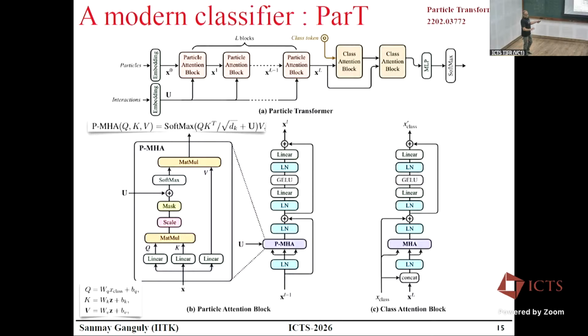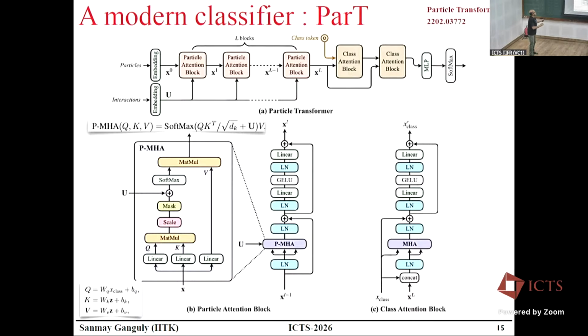Then there is some mixing matrix. For the time being, you can ignore the details of U, and then you make a matrix multiplication with V, and you pass the whole thing through a softmax. The softmax is again another nonlinear activation function. And then you keep stacking all such blocks and try to perform some downstream task. So this is something called the Particle Transformer. Just for the information, transformers are the real building blocks of all these large language models and things like that, which we see. We will have some discussion later.